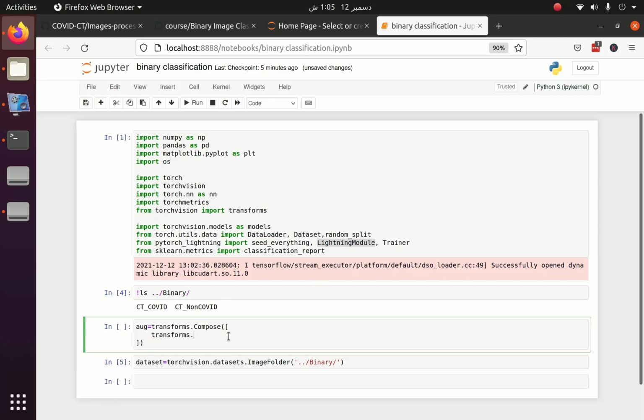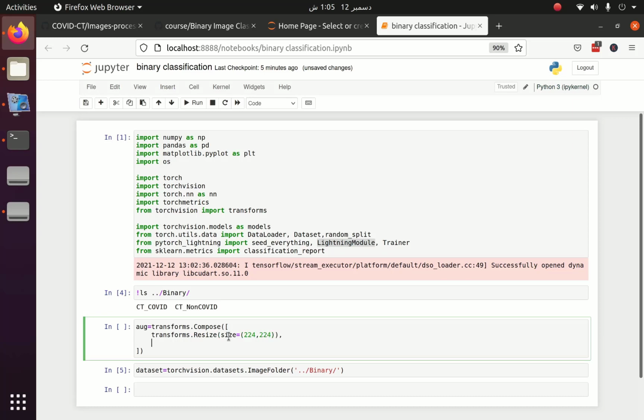transforms.Resize, which actually resizes the image. Resizing is an important thing. If you don't resize, then your model will give an error. Transforms.ToTensor. Actually, the ToTensor transform is very important because when the data set is passed to the data loader, the data